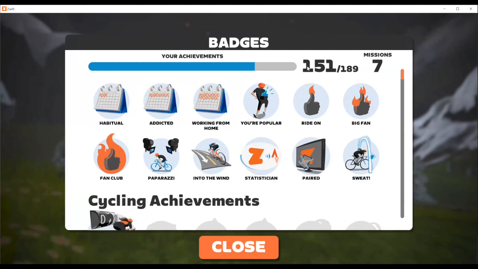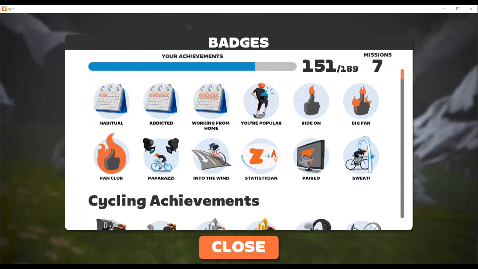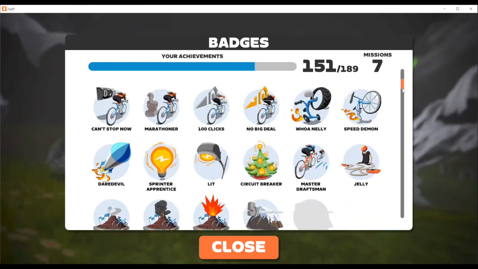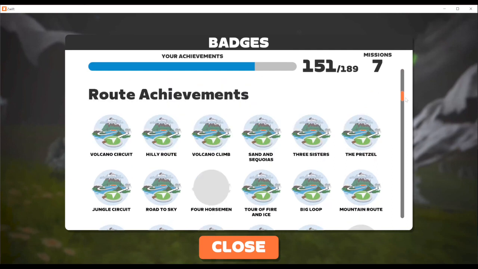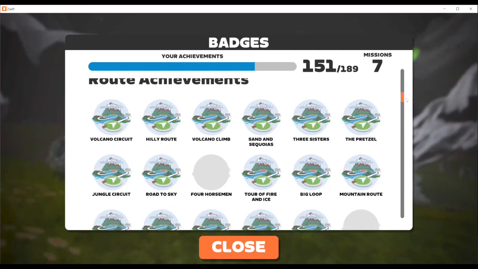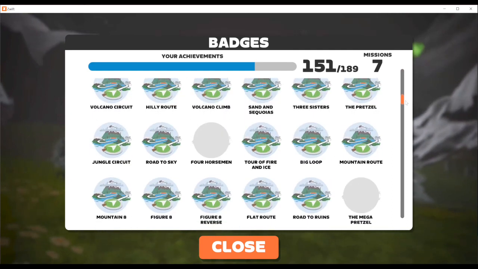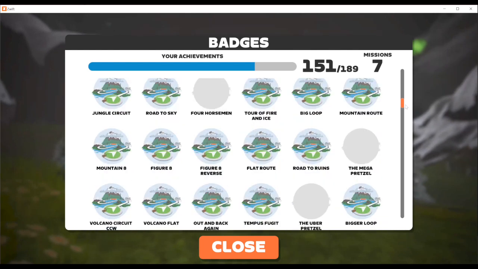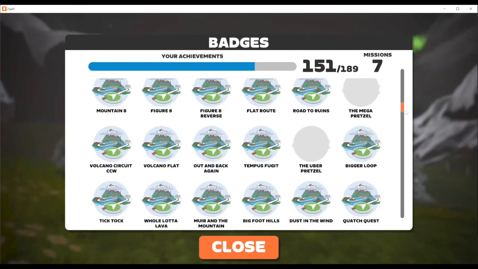The badges. So again, we mentioned this gamification within here. There are performance badges that you're able to do. This is just their way of sucking you in and wanting to be able to ride more and do more within Zwift as well. Here are some of the badges that you can achieve, different achievements. All of the routes are listed on here. As you can see, as we go through this, I have just a few more routes before I'm completely done with all the routes in here.